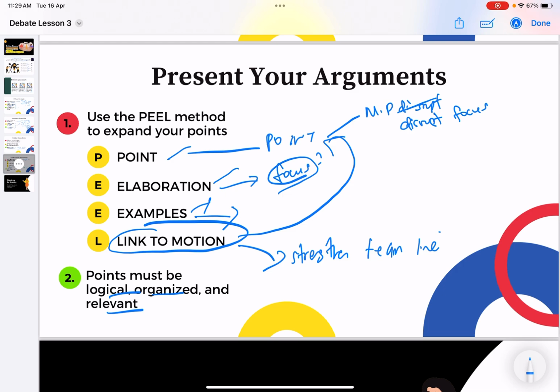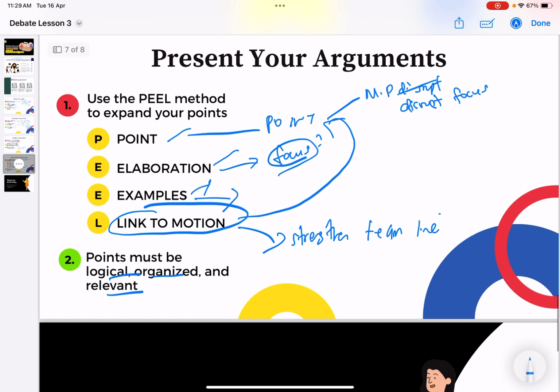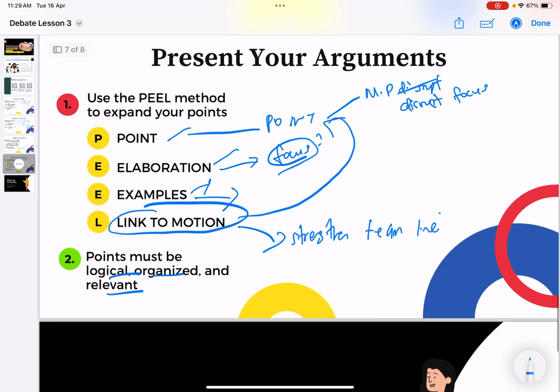You have a very strong, solid point, a solid argument to put forth. As the first speaker, you have done all the introductions, all of that will be about 3 minutes, and this will add a strong 3 to 4 minute argument. So you can try PEEL. Like I said, this is not the only way, there are other ways.